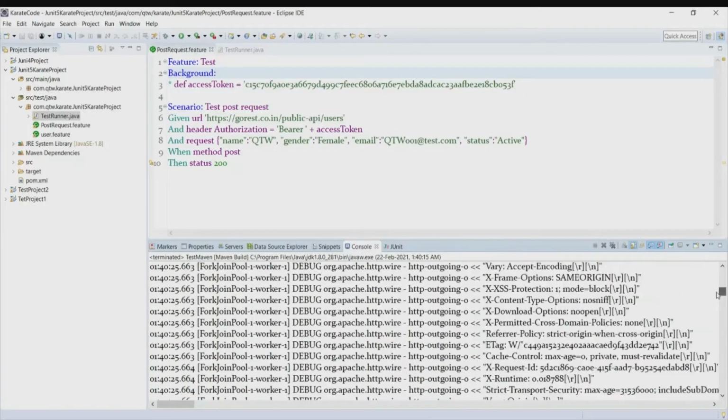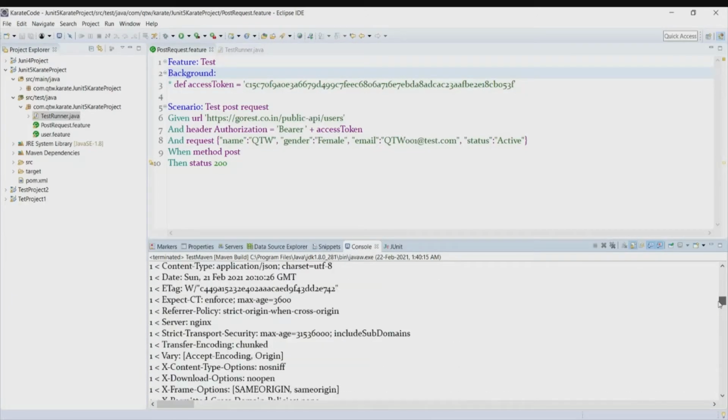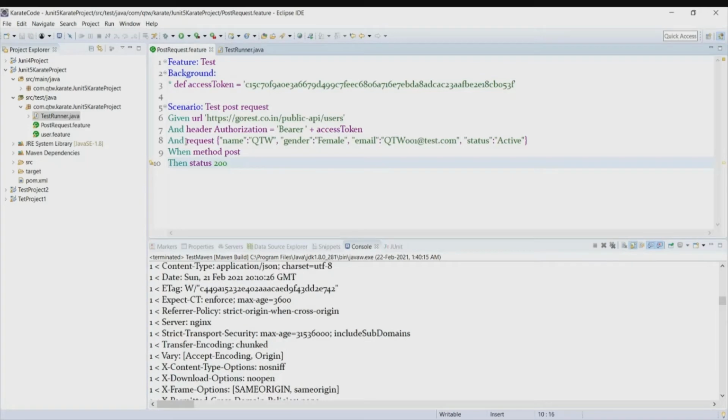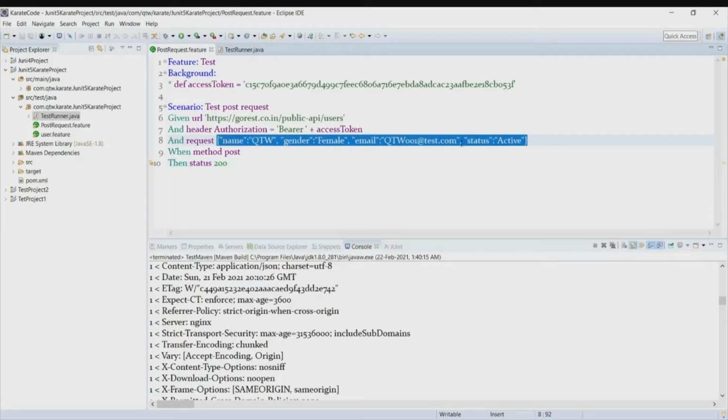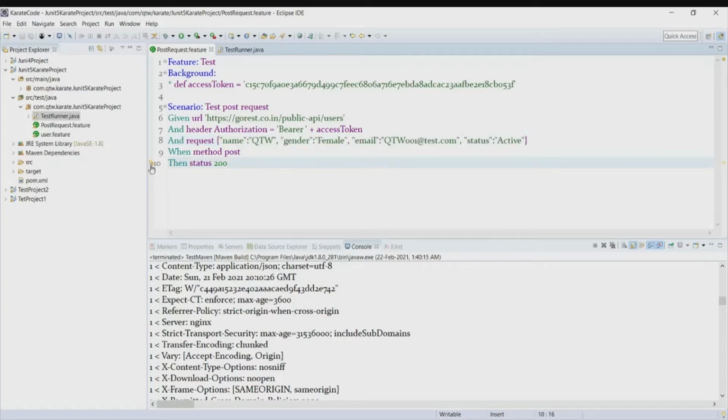The build is successful. So this was one way how you can pass your request, but this is not a very convenient way. If you have a big request payload, then bringing that into a single line is difficult.